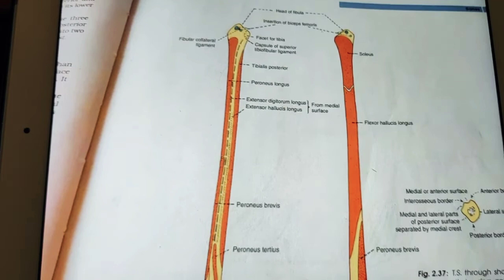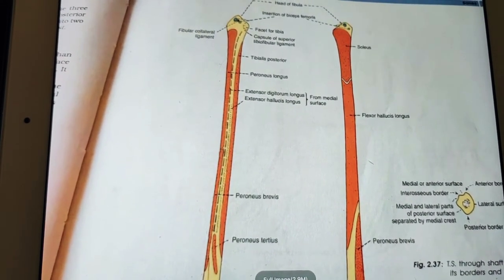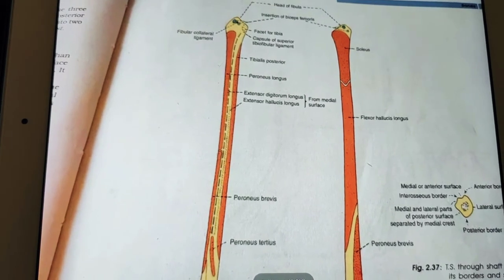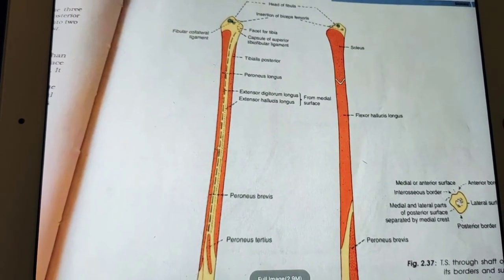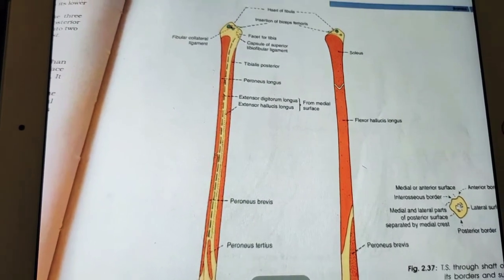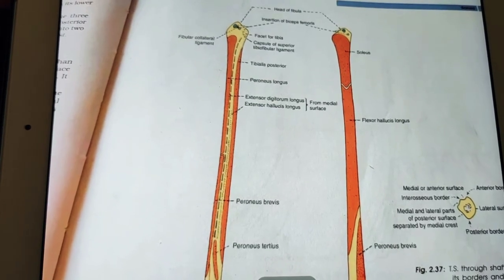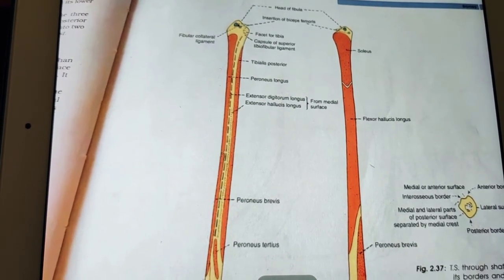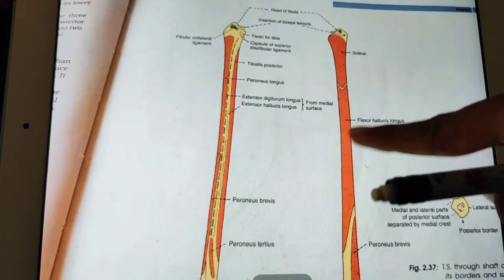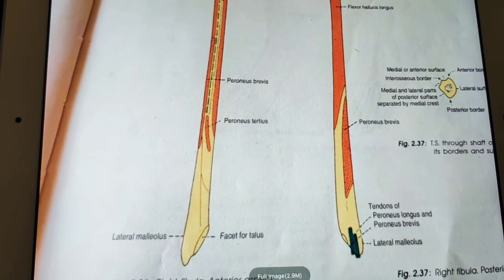Now lastly, coming to the clinical anatomy of the fibula, the upper and lower ends of the fibula are subcutaneous and palpable. Yes, they can be palpated. Next, the common peroneal nerve can be rolled against the neck of the fibula. So at the neck of the fibula you have the rolling of the common peroneal nerve, and this nerve is commonly injured here. In the first stage of Pott's fracture, the lower end of the fibula is fractured spirally.